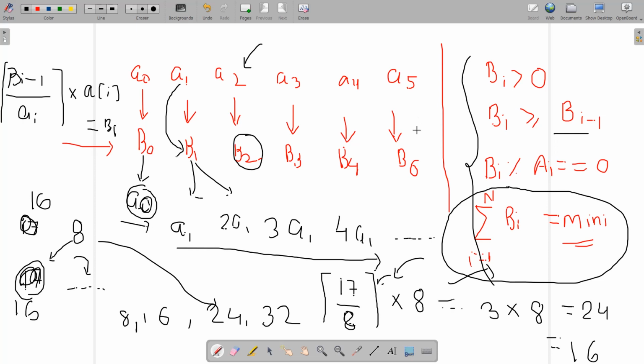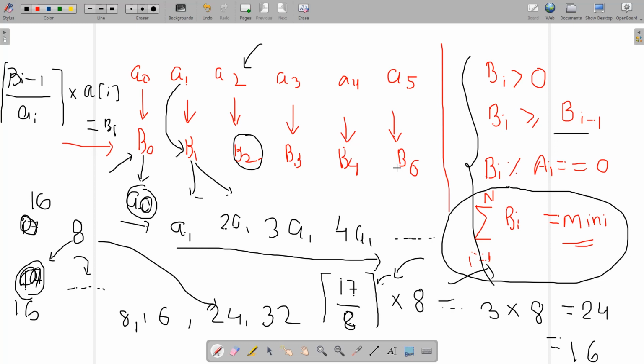So this will cost you a time complexity of O of n, and the space complexity can also be O of 1. Whenever you get bi, you print it. Otherwise, maintain an array b of size n and finally print it. In that case, the time complexity will be O of n, and the space complexity will also be O of n because you are maintaining an array b.